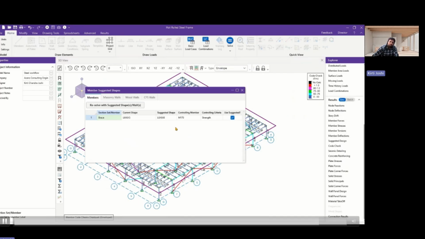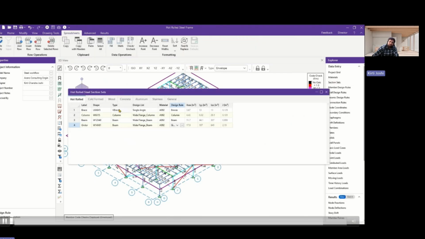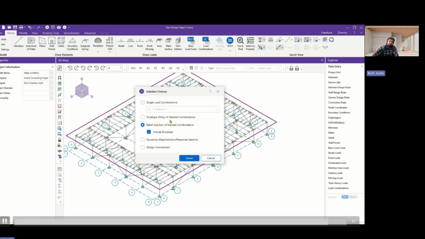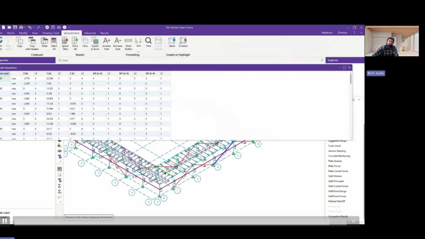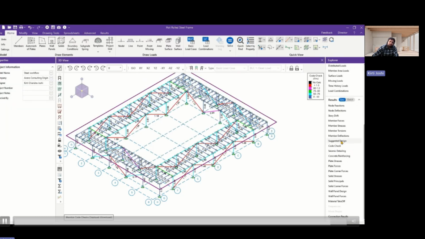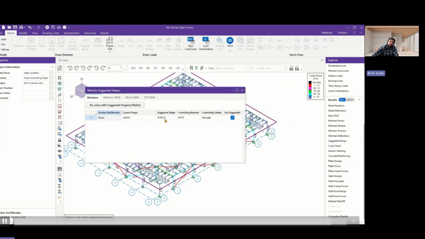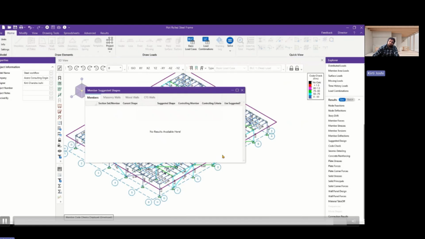Right now you can see my braces have not passed, but all my columns and beams have been passed using this suggested design features. For the braces, we can just give it a different name, like for example WT. We can select, for example, if I don't want to use that design list, you can just change it as well. Right now, again, if I go on the selected design, and if I want to again solve with the suggested shape, that I don't want to use the suggested shape,